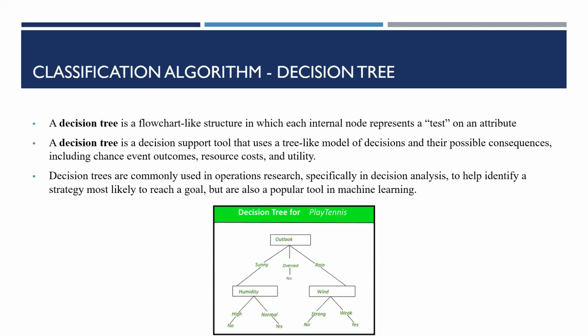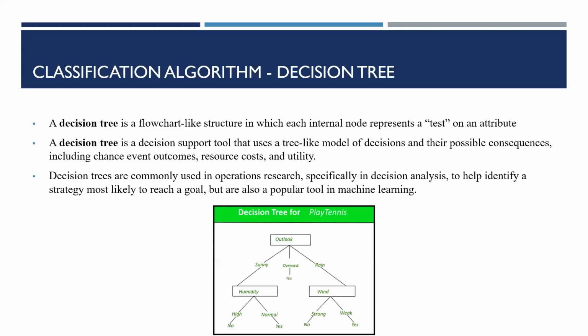Now we'll go through the classification algorithms. Decision tree. A decision tree is a flow chart like structure, in which each internal node represents a test